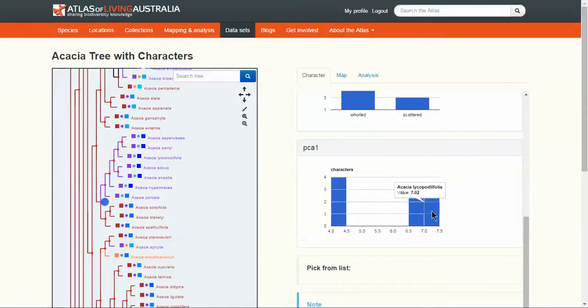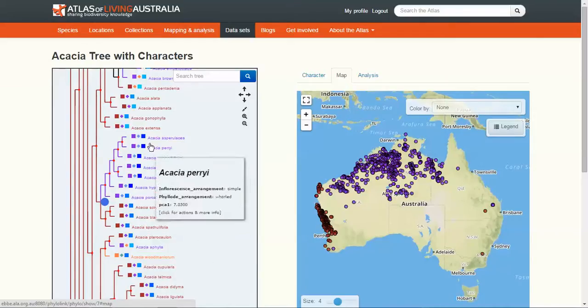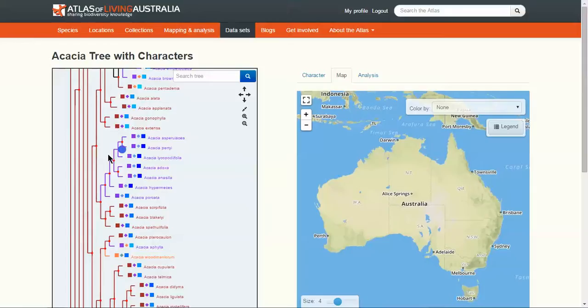When I see that, I want to know where they are on the map. I can click on the map tab and I can see that this clade with 3 species hugs the west coast of Australia, while this bigger clade of 7 species, sister to it, is found throughout northern Australia. We can click on a smaller node of just 3 species, and that will bring up the distribution of those